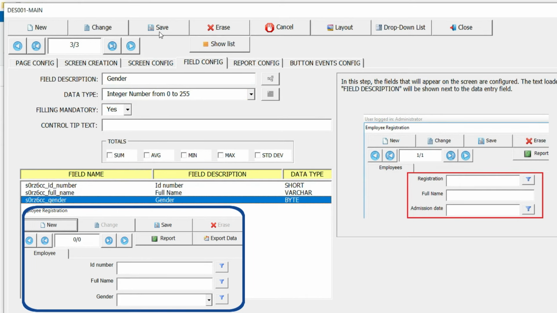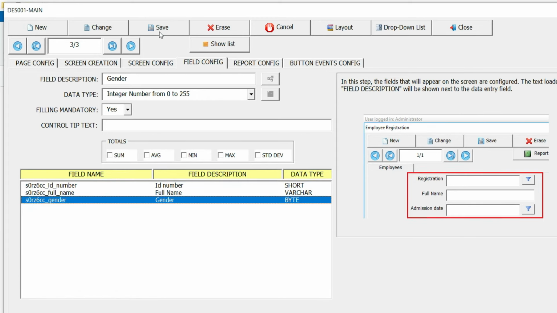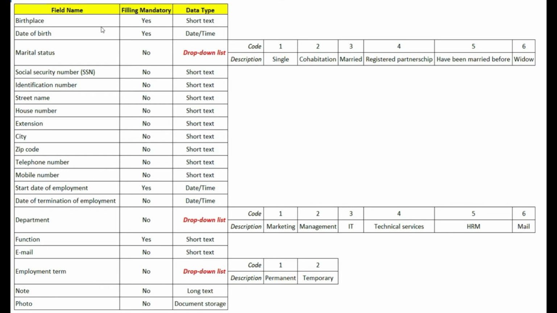We learned the process for creating the fields. Now create the other fields according to the following table. I created the fields according to field name and data type column. In this list, we have 3 new drop-down fields. Create the lists as already explained, fill them with codes and descriptions as suggested. You are free to create other fields if you wish.